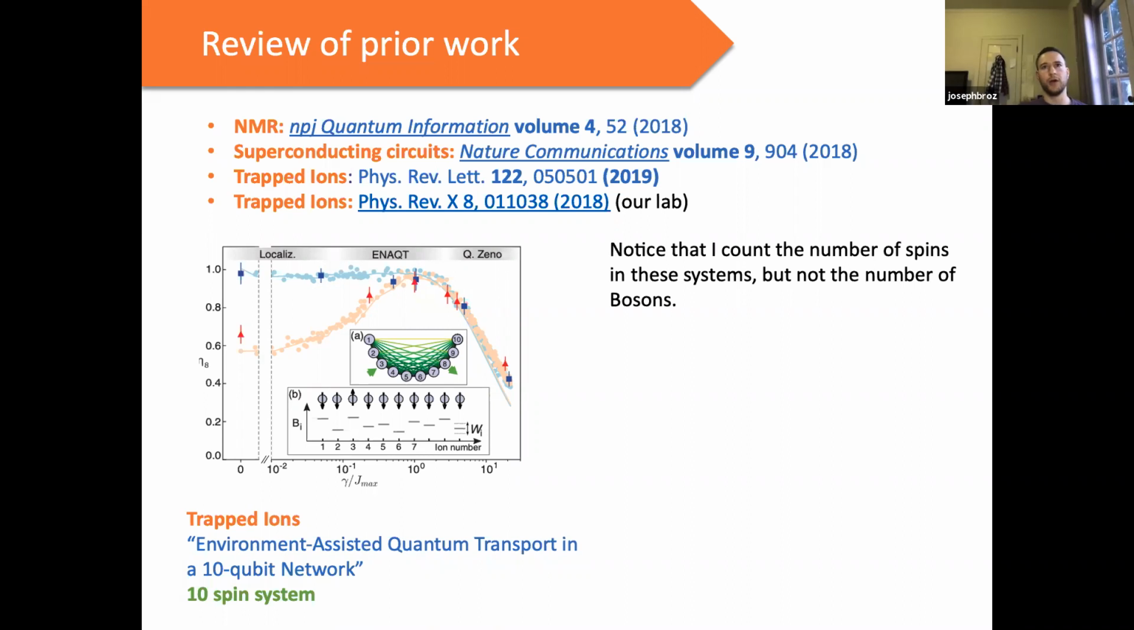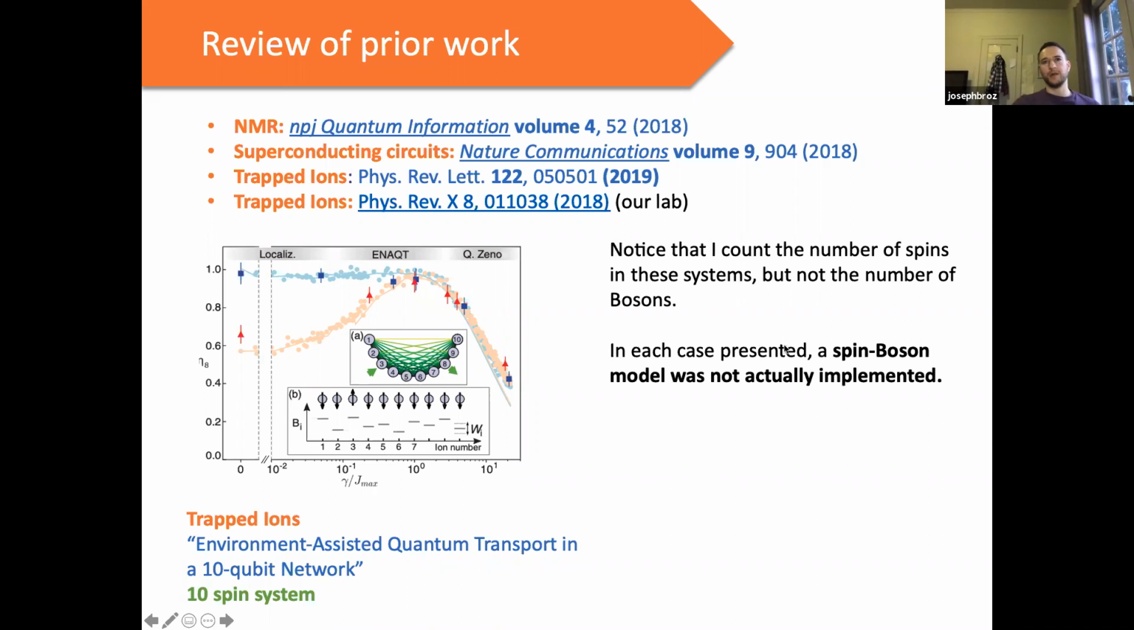Okay, so I wanted to make the point, maybe this is hidden a little bit here, that I'm counting the number of spins in these systems, but not the number of bosons. The reason for this is that none of these models that I just showed you are actually spin-boson models. All they did was put 10 spins together. They didn't couple anything coherently to a vibrational mode. And so what they've done is really a semi-classical approximation, where they've modeled what should really be